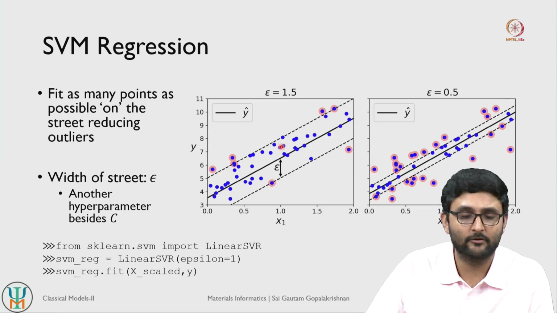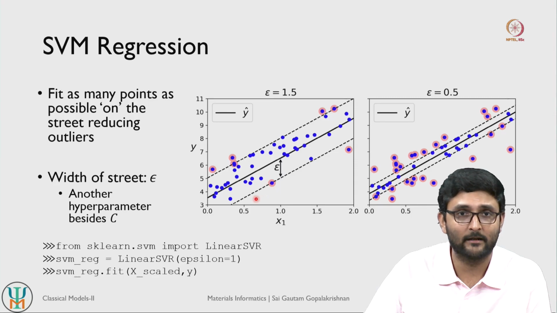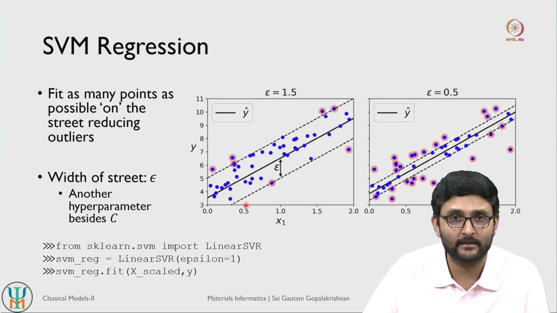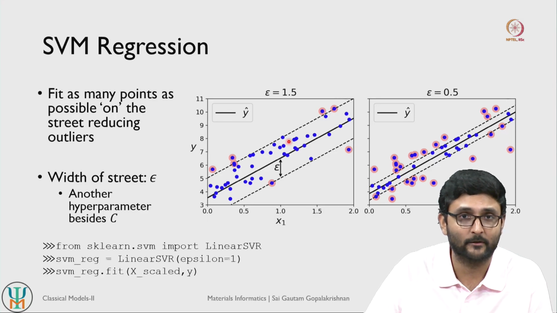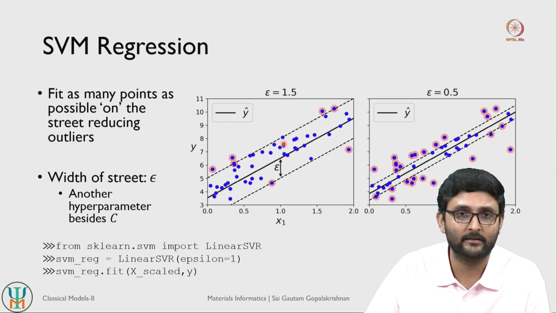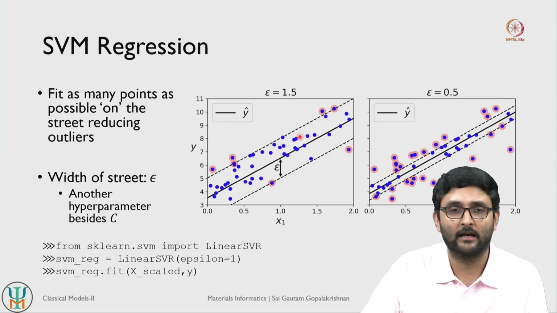So, what you basically try to do is, let us say you have a collection of blue points here, you identify points that correspond to the support vectors. So, basically they help you identify the street, but the support vectors are identified such that you maximize the number of points on the street itself, right. So, you plot a street and then you try to ensure that as many of the points that you have are on the street as possible. So, if the model is considering a point on the street, then its error is lower. If the points are off the street, so away from the street, then the errors of the model on those data points are larger, right.